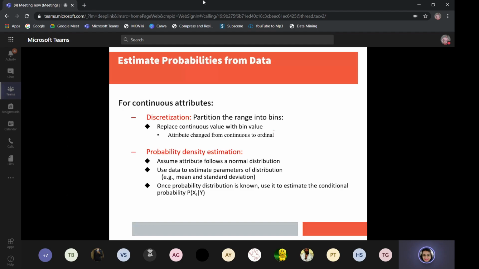अब how to discretize, for continuous attributes, how do you estimate the probability? It is by discretizing, that is partitioning the ranges into various bins like 60 to 80K, and then 80 to 100, then 100 to 120, so on and so forth, that we had already discussed in the decision tree classification. You can also change the attributes to ordinal, because in continuous ranges the order will also become important. Then you can estimate using the probability density estimation.